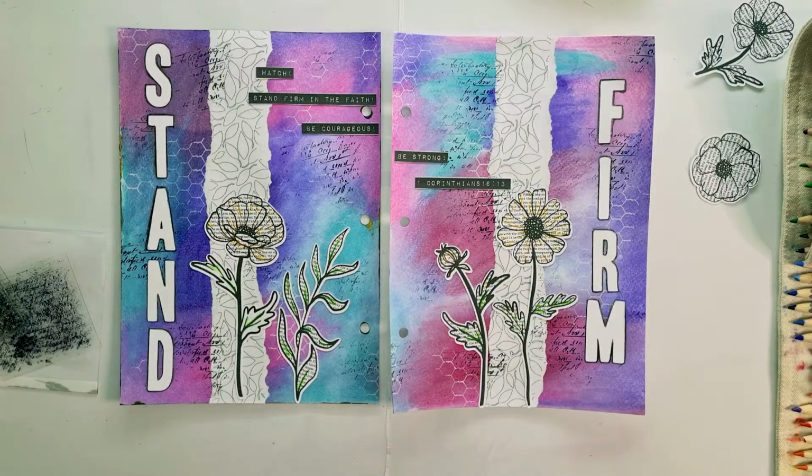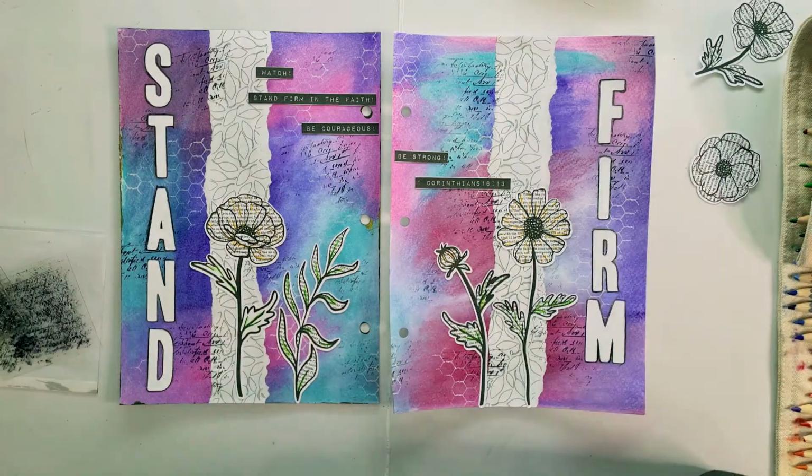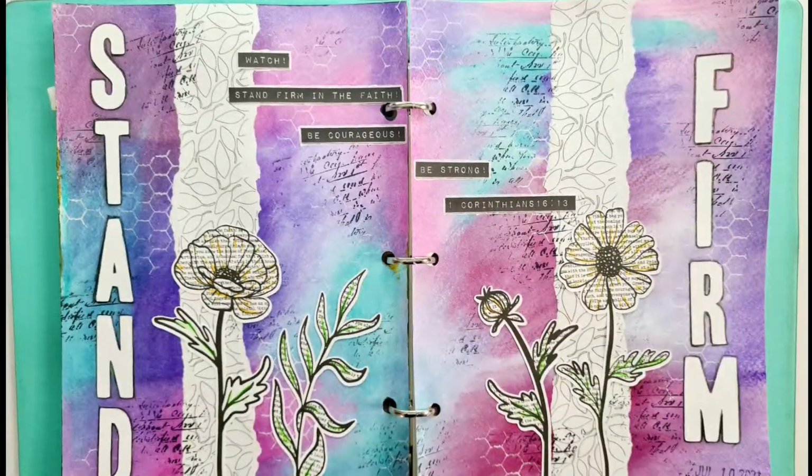I so enjoyed this layout. I love how it came out. I think it's just, the colors are gorgeous, and even if I must say so